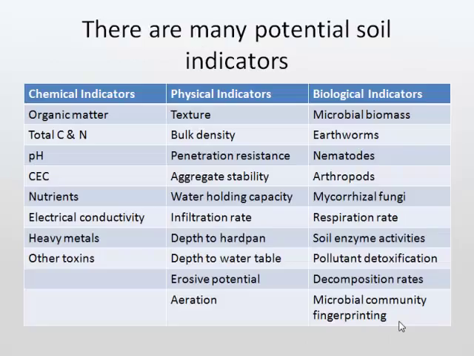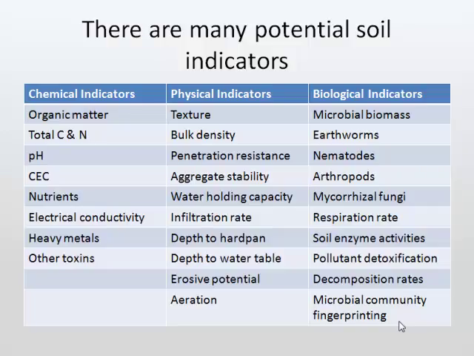So, like I said, think about that list. What does good soil consist of? There are many things out there. Soil science has been around for a long time. We measure things. That's what scientists do. We can think about a lot of different indicators. We can classify them into chemical indicators, physical or biological. And these are well-established methods, and this is definitely not a complete list, but there's lots of different